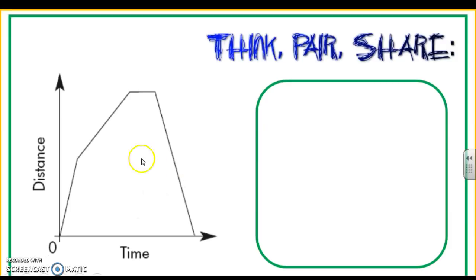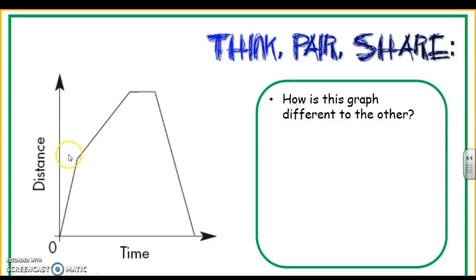Okay. Now, what about this kind of graph? So if I look at this graph, I want you to think about what's the difference between those two graphs. I want you to think about what's happening here versus what's happening here. Where is the person going? What might a negative speed represent? And think about, if I'm talking about distance, if I'm talking about location, how would I represent moving back towards